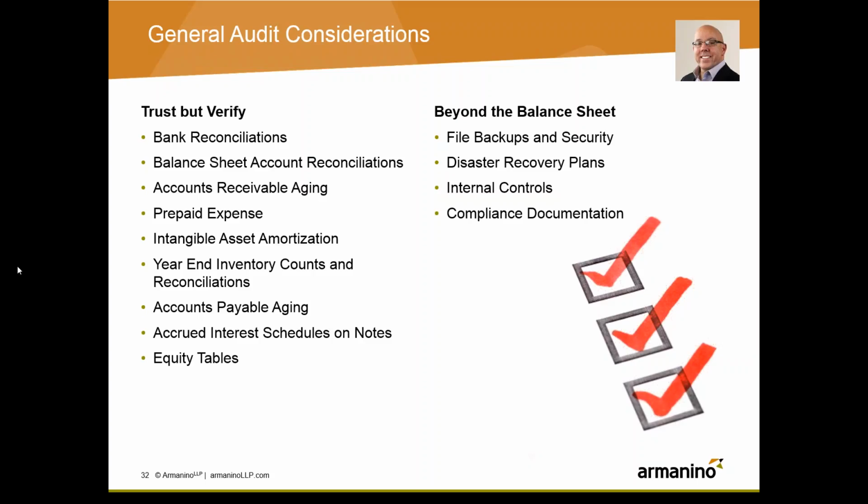Making sure, again, if you're more of a product-based business, that you have year-end inventory counts and reconciliations, supporting schedules for that, or supporting verified counts through an independent auditor or party. Making sure that you've got an accounts payable aging. Are there debts, and are there old invoices out there? Are there some things out there that you don't have your eye on if you're not looking at this aging? And obviously some of the accrued interest and schedules on notes payable, making sure that that's all